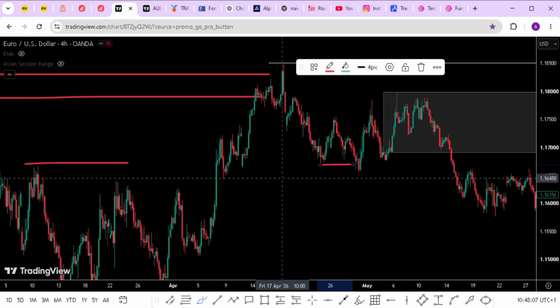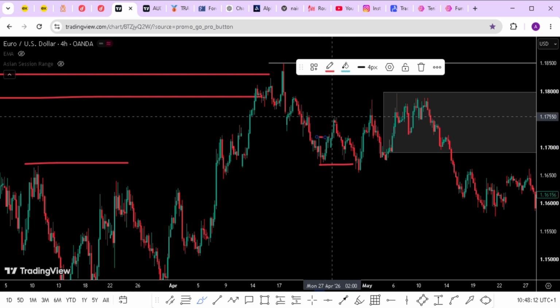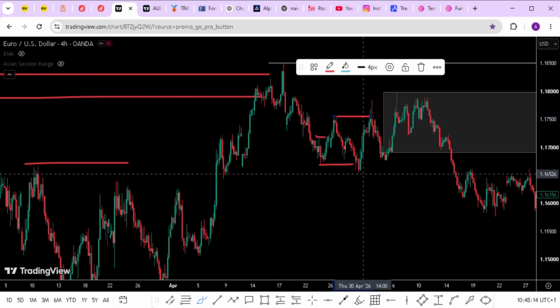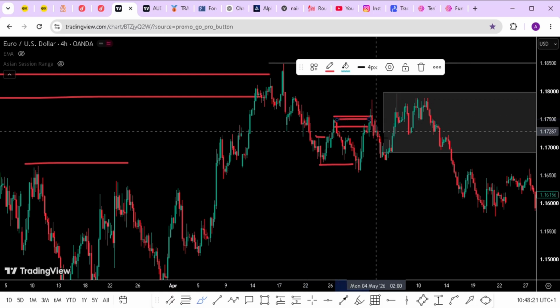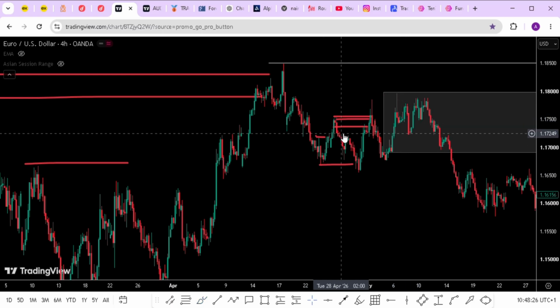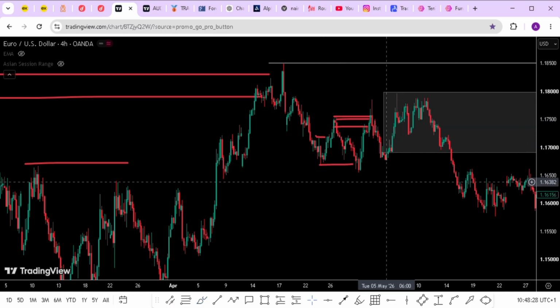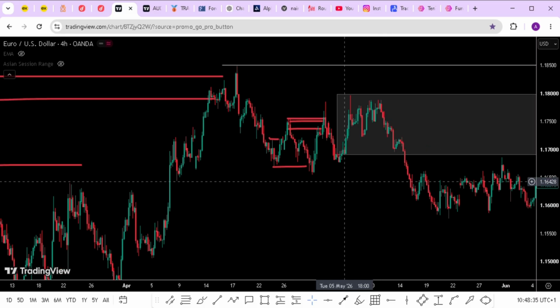So in this case now, what are we expecting to do? Market take out this low, this inducement taken out, then we are expecting this high to be protected, and you can see if you are to sell, we sell from here, and you can see market invalidate this high and push up. So this is just a normal thing. You might have your first entry and you have to, maybe you lose or maybe you end up in break even, but that's not the problem, because the market will also present another opportunity for you.